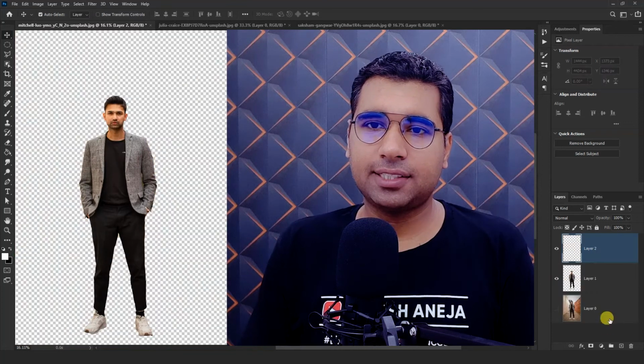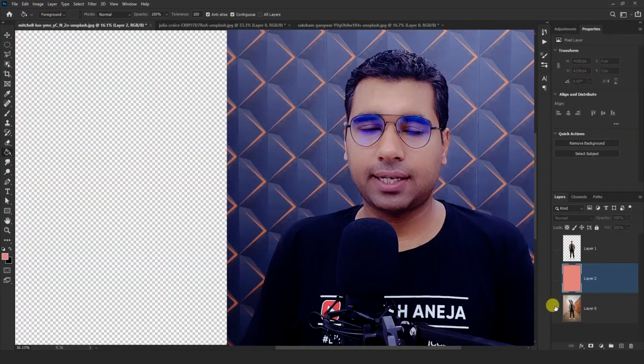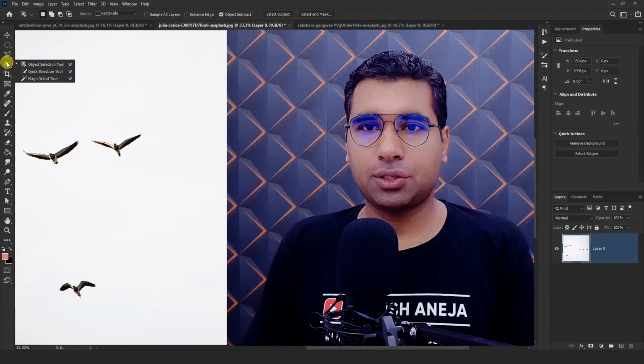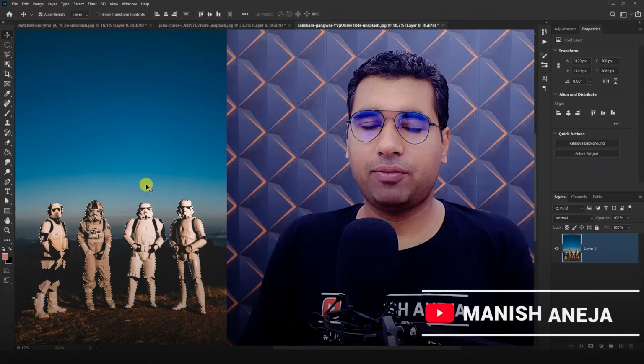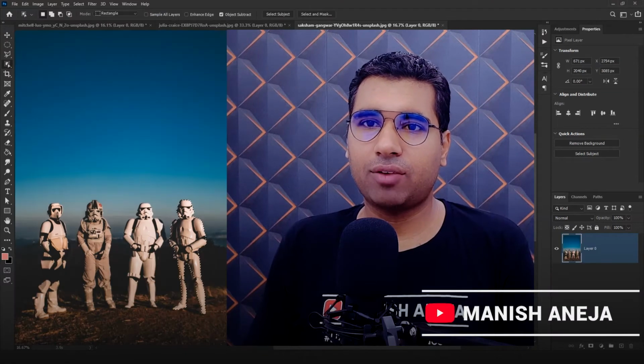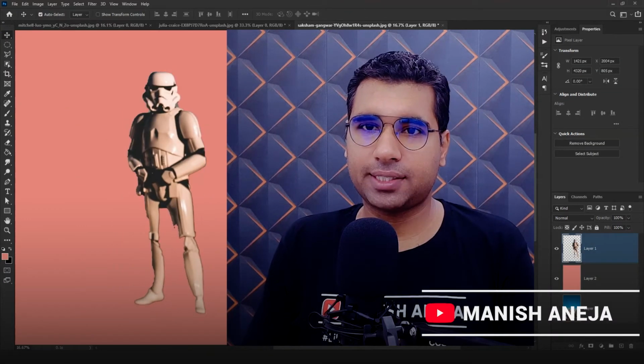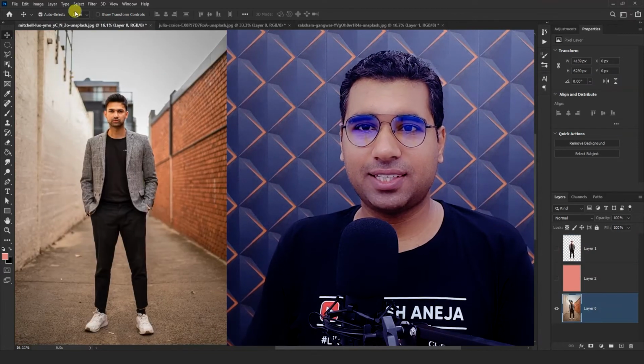There are many techniques in Photoshop when it comes to making selections. Lasso tools, quick selection tool and pen tool. These are used for making manual selections. But the privilege of using Photoshop is that we have got subject selection tool and object selection tool, and they do the magic with just a click.